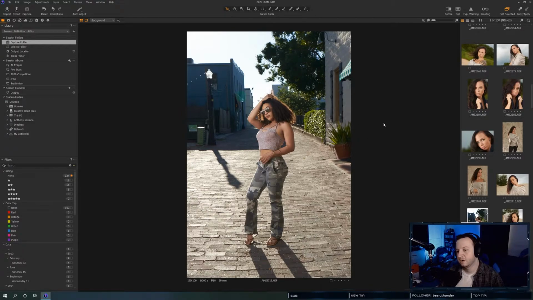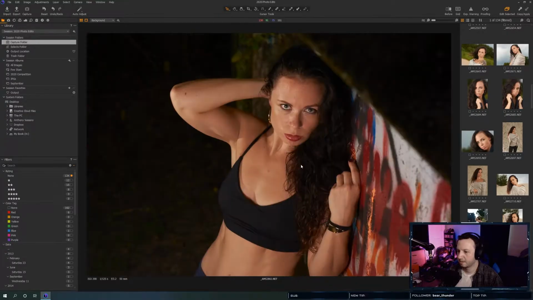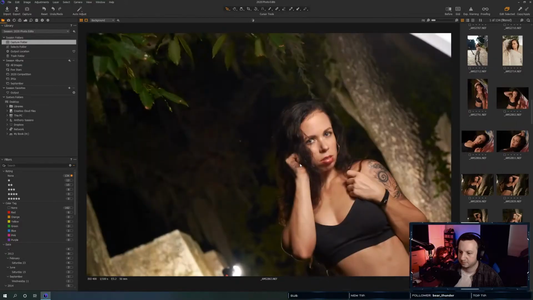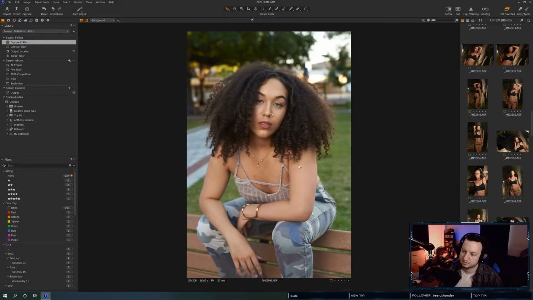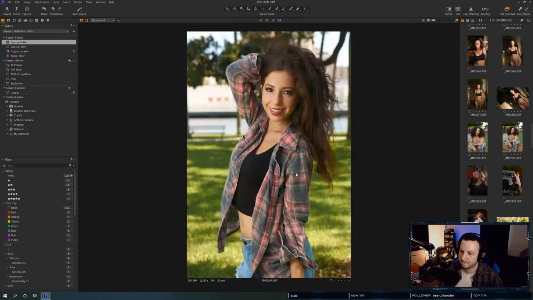See, I'm okay with this one, but everything's in focus. This one's not bad. Jump through these. Messy hair. What I'm really looking for are ones that may require minimal actual retouching, so we can play around with color a bit more.